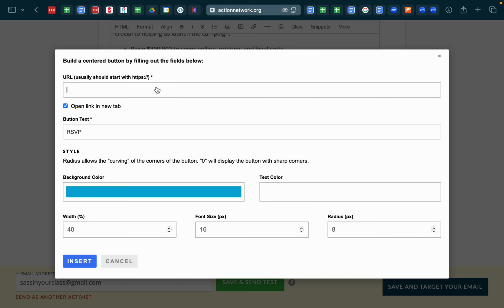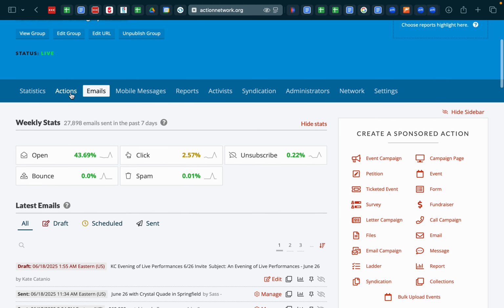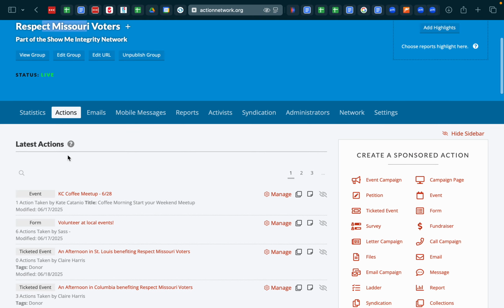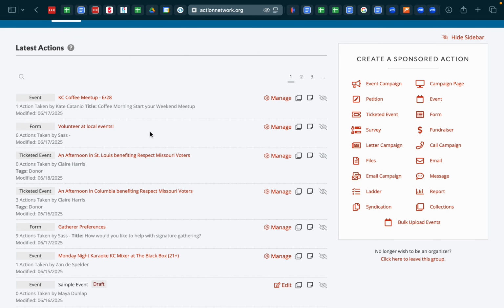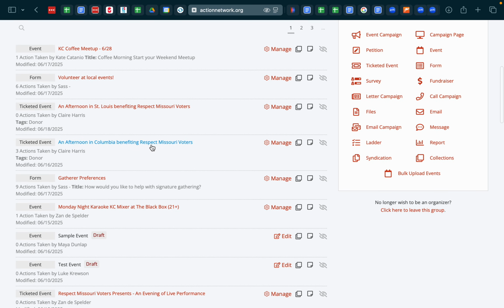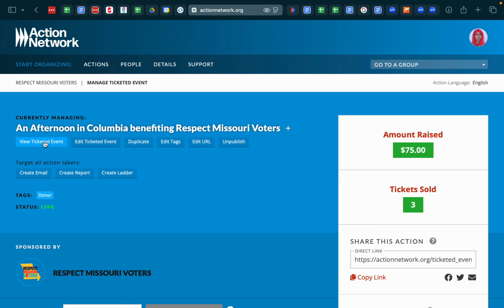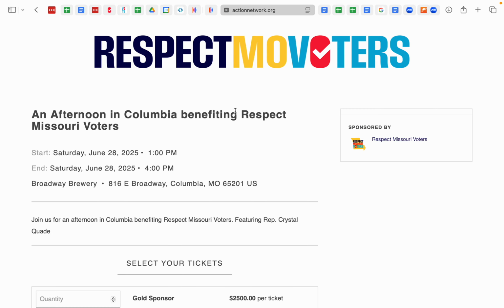And then the URL, this is the big deal. So we have to go get this URL and we got to make sure we have it right. So I'm going back to my main Respect Missouri Voters currently managing group thing. I go to these existing actions. And then we're doing what? An afternoon in Columbia benefiting Respect Missouri voters, yes. Right? So I'm going to hit manage on this actually. I'm going to hit view ticketed event, or like view form or view event or whatever it would be. And then